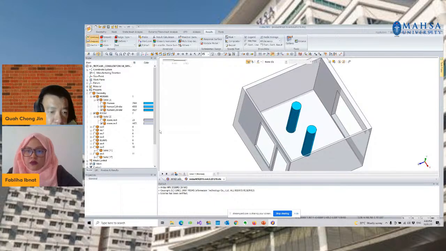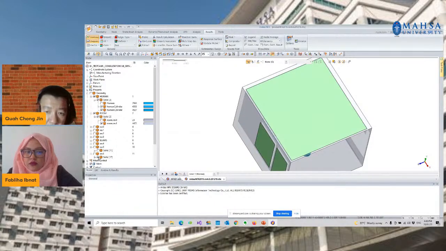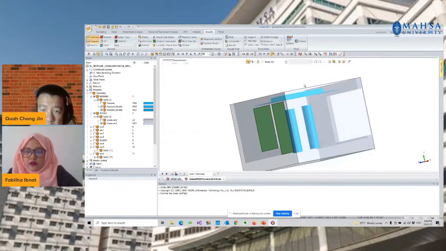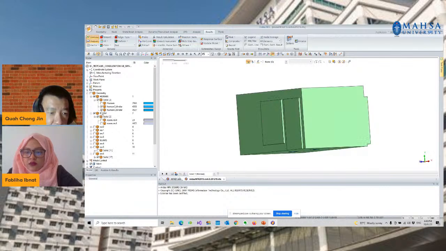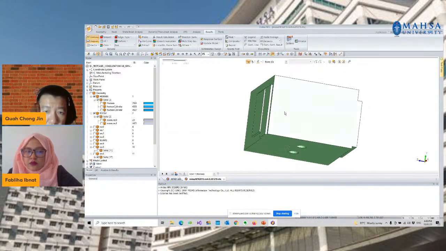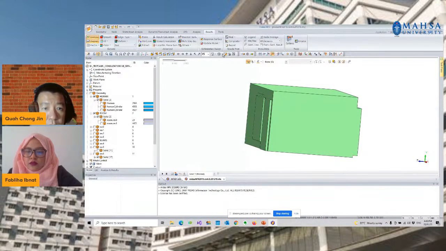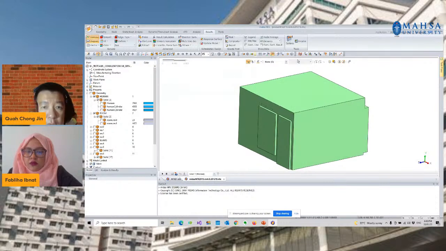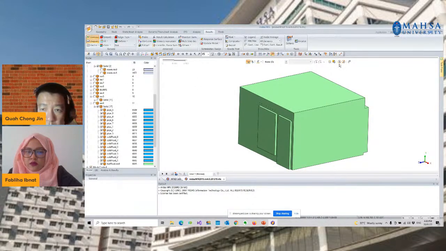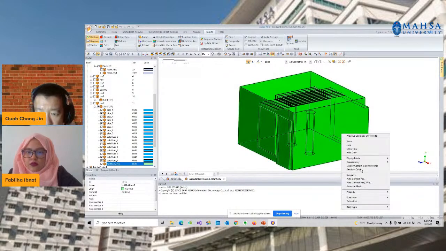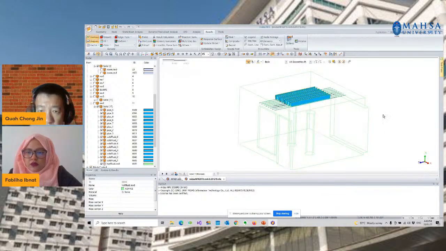Just a moment, if you can see the room well. Display mode, line only.